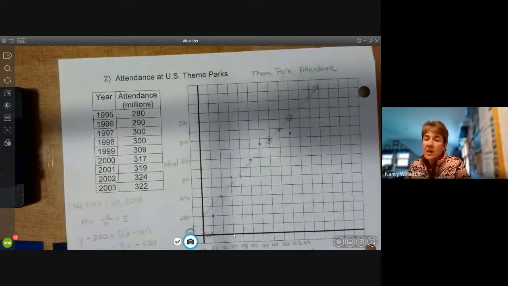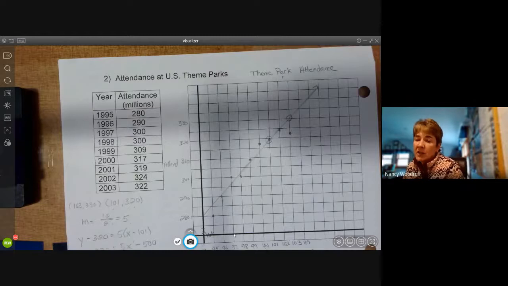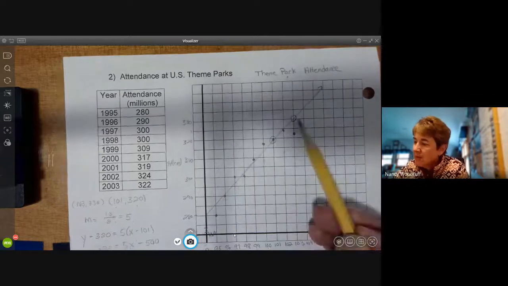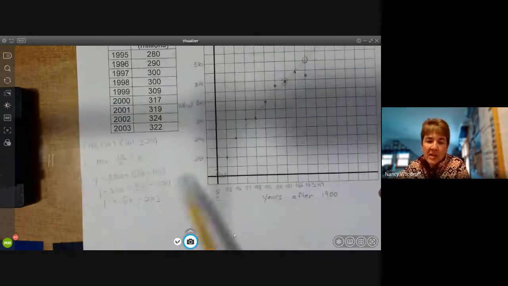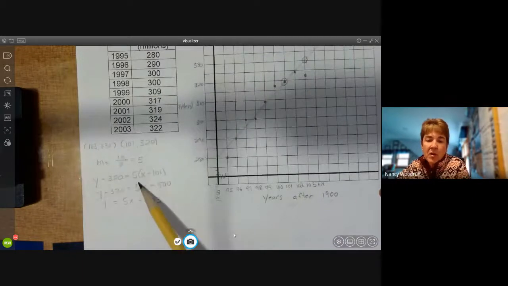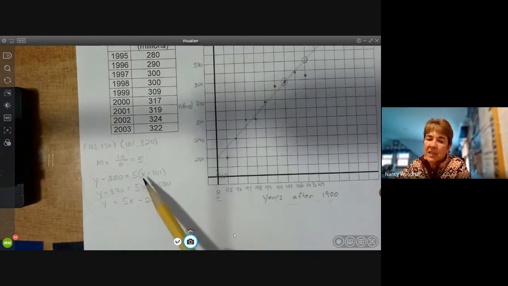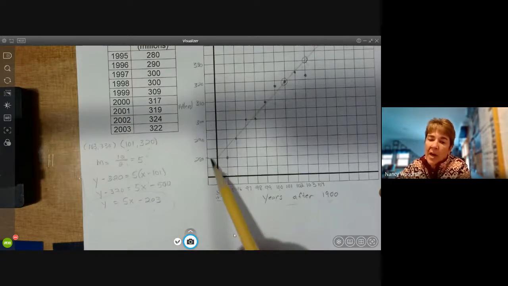You set up a good graph, title, labels, good scales. Plot your points, draw in your trend line. Find 2 points in the crosshairs that are on the trend line. They might not be data points. List those 2 points, calculate your slope. Using the point slope will always work. You'll see most of these that we've done today, just slamming in y equals mx plus b with the y-intercept